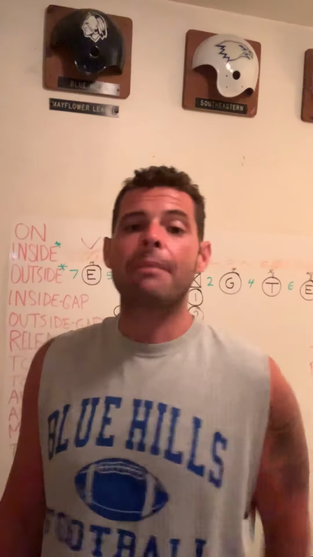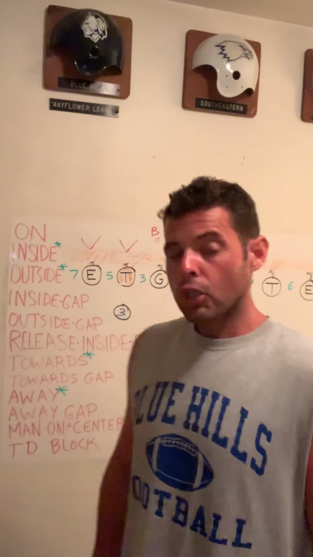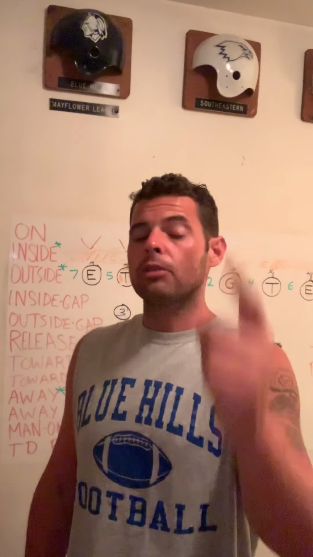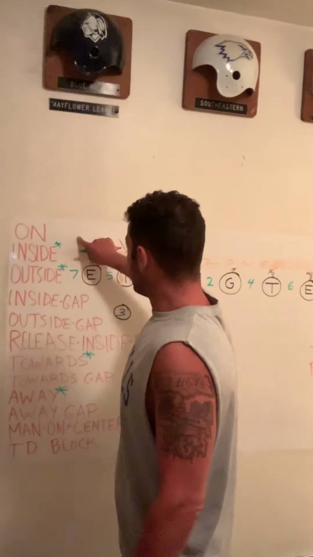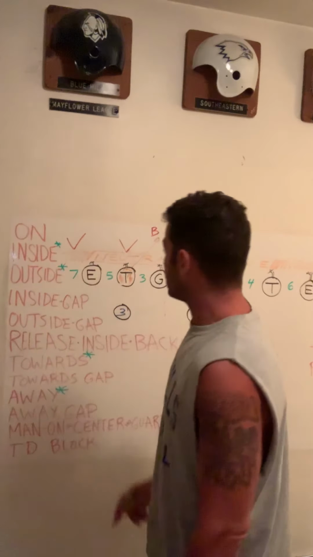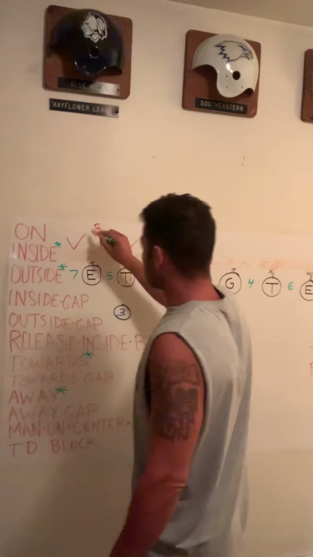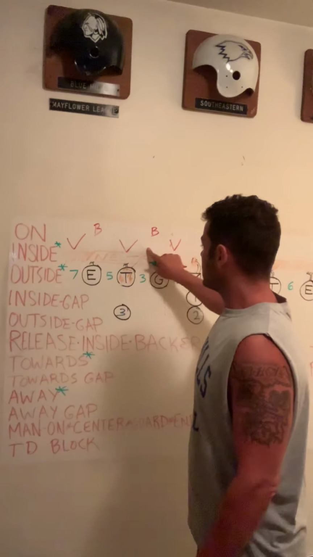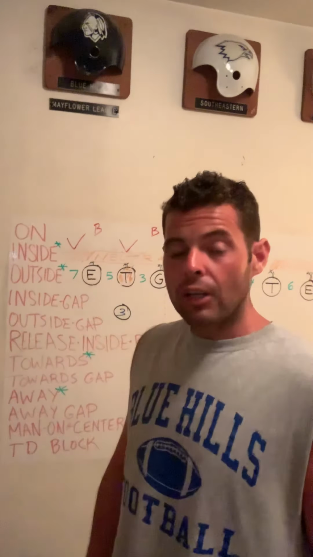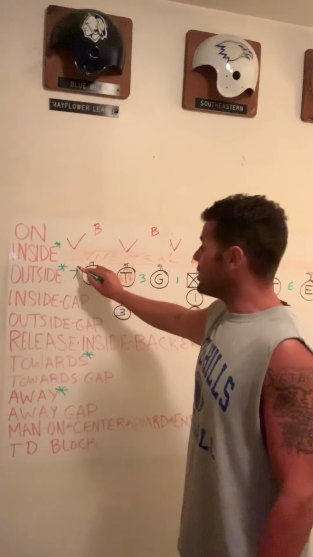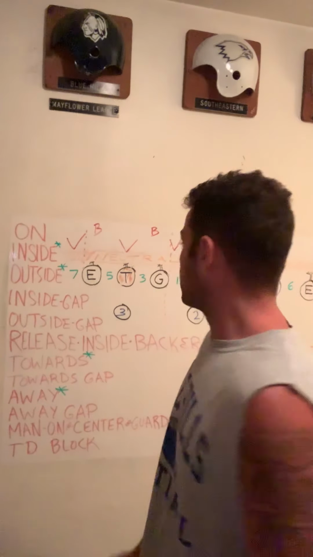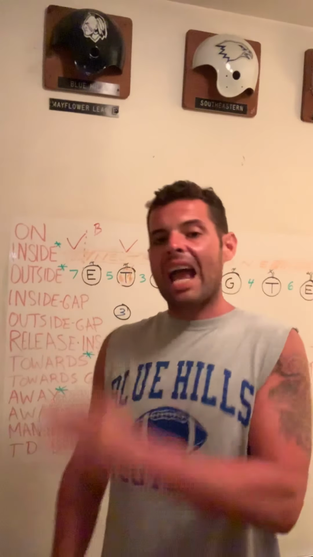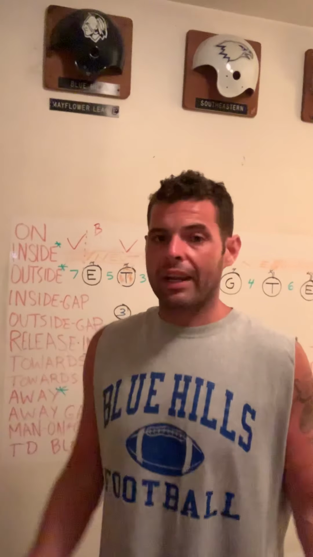So, if the rule is outside, backer, first assignment is outside, second assignment is backer, and I'm this left tackle, and this D end is outside the end, and I have a backer here. My rule is outside, backer. He's beyond a full man away from me. He's not your man. We will not ask you to block him. You move to the second assignment within the rule. So just quick